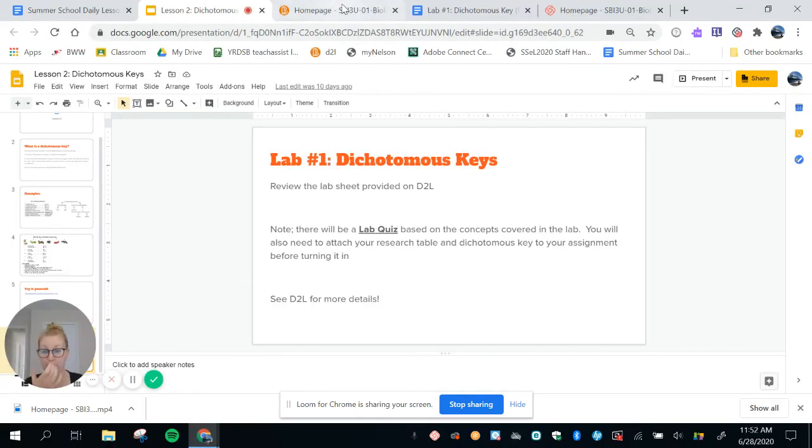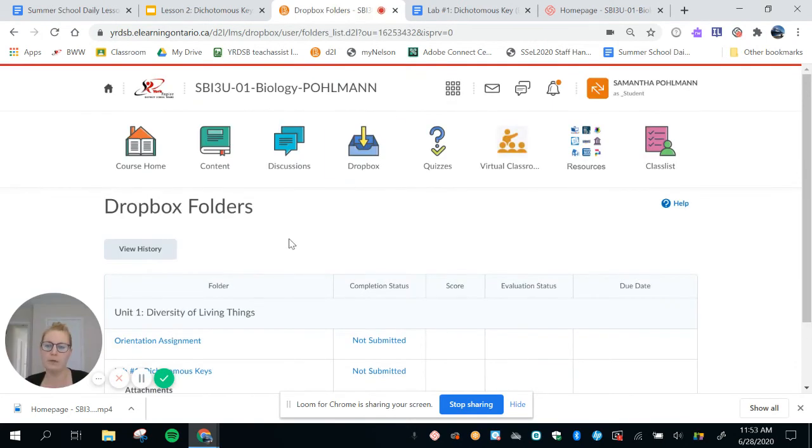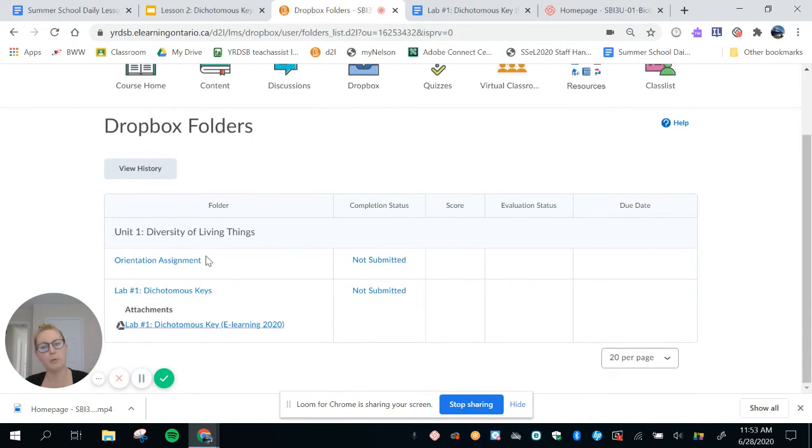I'm going to navigate over to our D2L page just to show you what I'm talking about. So what you'll find when you come here is Dropbox. So Dropbox is where you submit assignments through. So I'm going to click over here and hopefully you will see under Unit 1, Diversity of Living Things, lab number 1. So I'm going to click on that